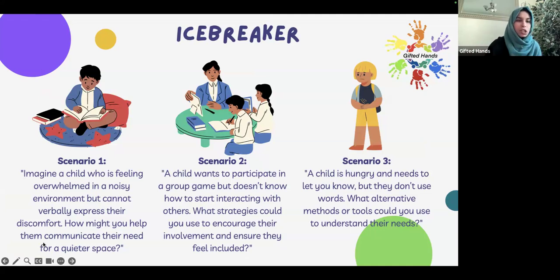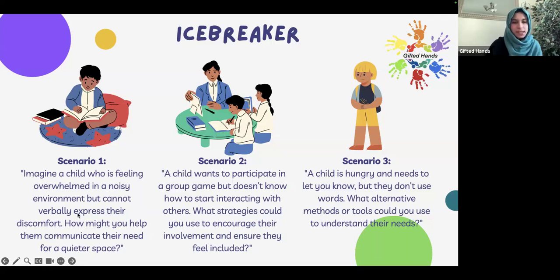Scenario 1: imagine a child who is feeling overwhelmed in a noisy environment but cannot verbally express their discomfort. How can you help them communicate their needs